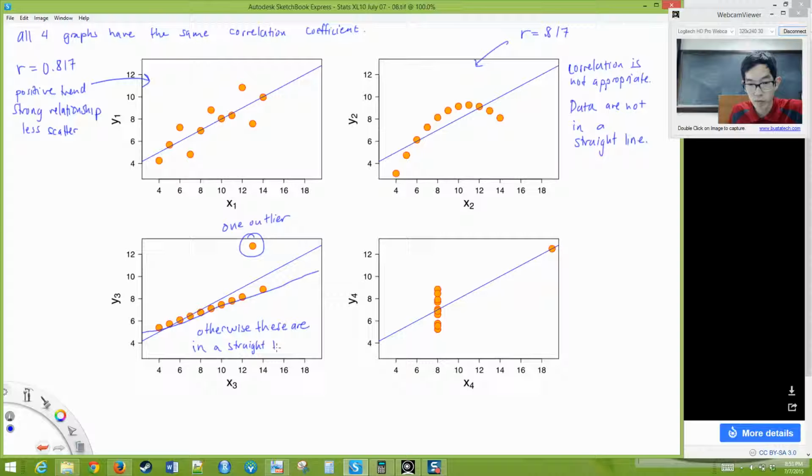And so if you have a situation like this, you should plot it, and then R equal to 0.817 is also not a good interpretation, not a good representation of our data here,